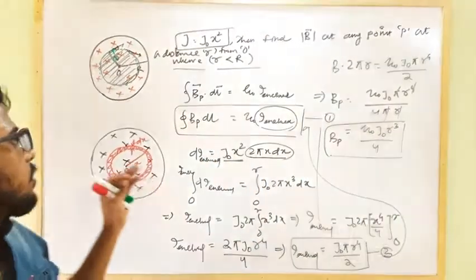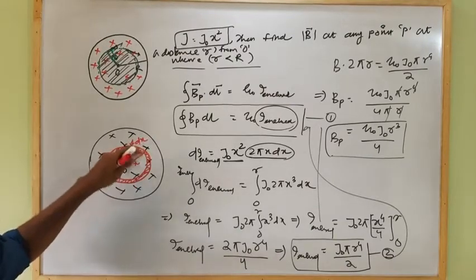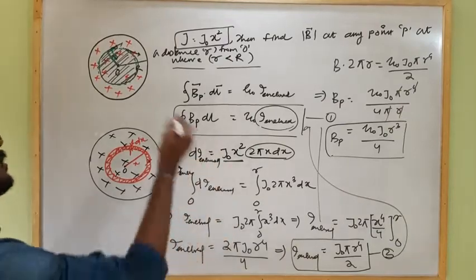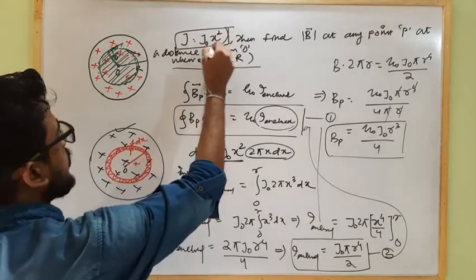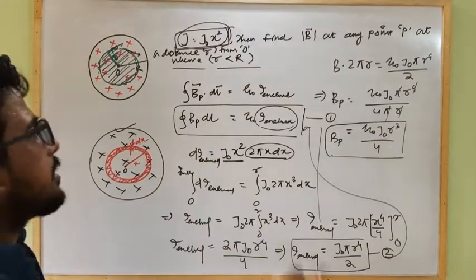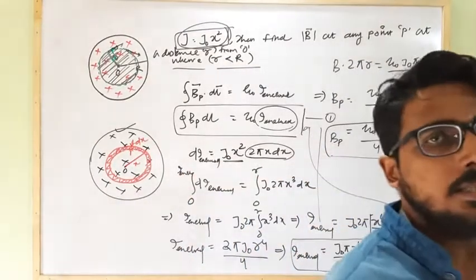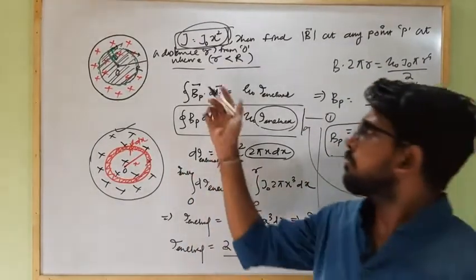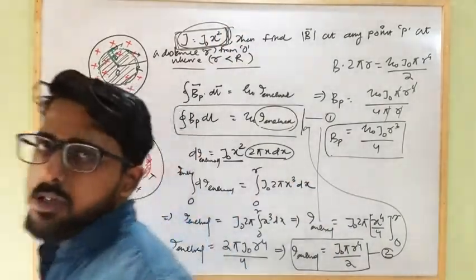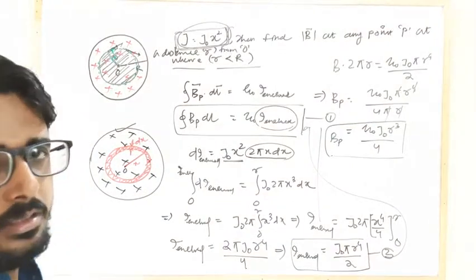in which the current density of the current carrying conductor varies with respect to distance. So you can easily now calculate different kinds of numericals based upon this concept. If this function is different, you just have to integrate. In place of j equal to j naught x square, there may be some equation j equal to j naught x or j naught x cube or some function of x. Then you can easily solve the numericals by just doing what? Integrations. Clear?